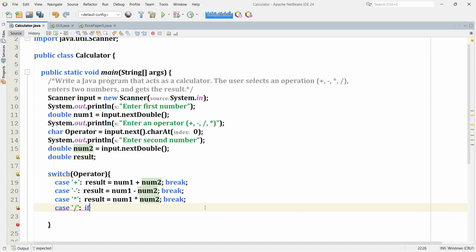So if we can divide by 0, so if num2 is not equal to 0, then I'm going to divide num1 by num2. So I'm going to set the result